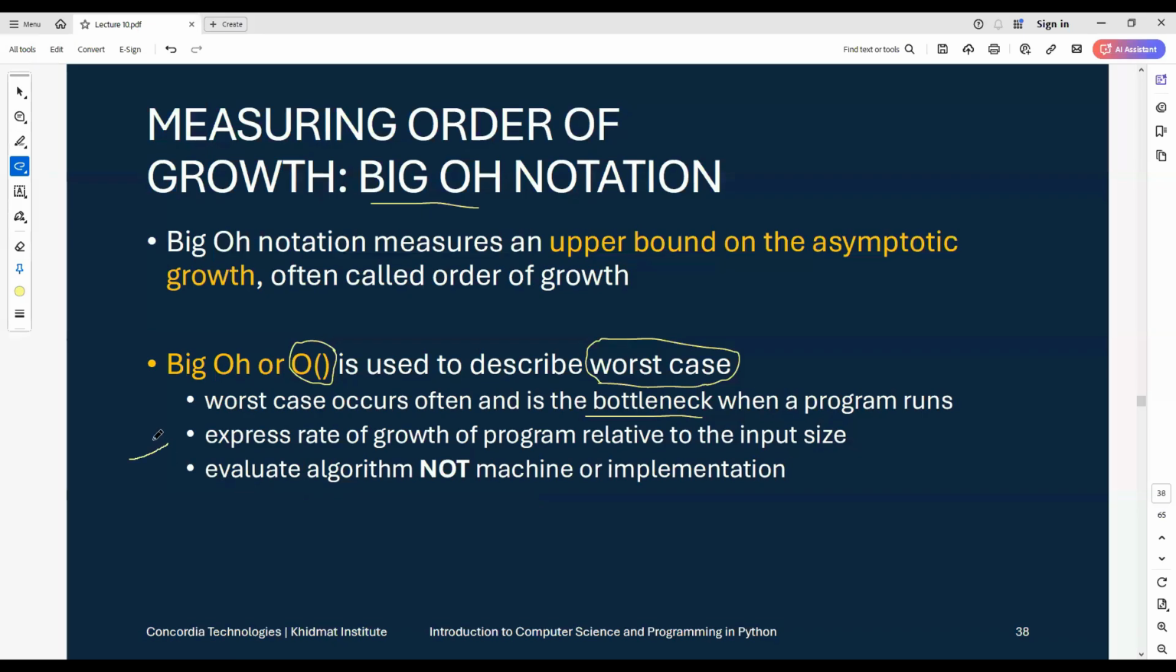Now, this big O notation, or the order of growth that we will identify for the algorithm, is the rate of growth depending on the input size of that algorithm. The reason for that is that we are evaluating the algorithm and not the fastness of the machine or the nature of the implementation. Although we are looking at the implementation, whatever the implementation is, based on that, we are trying to evaluate that algorithm